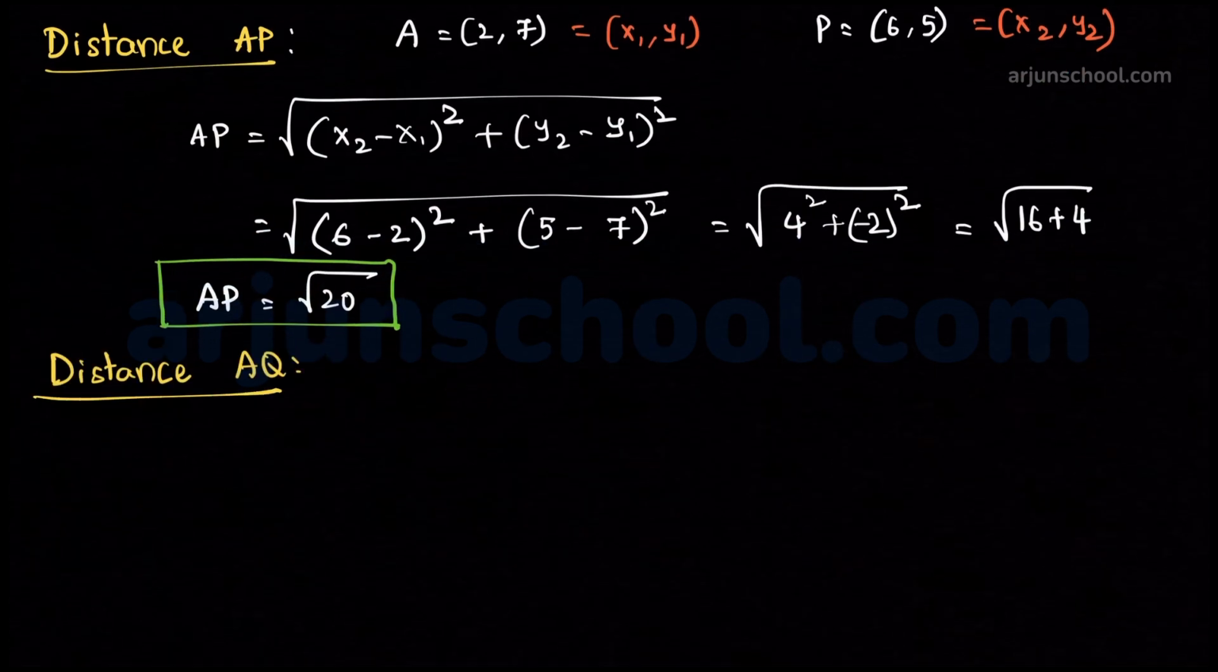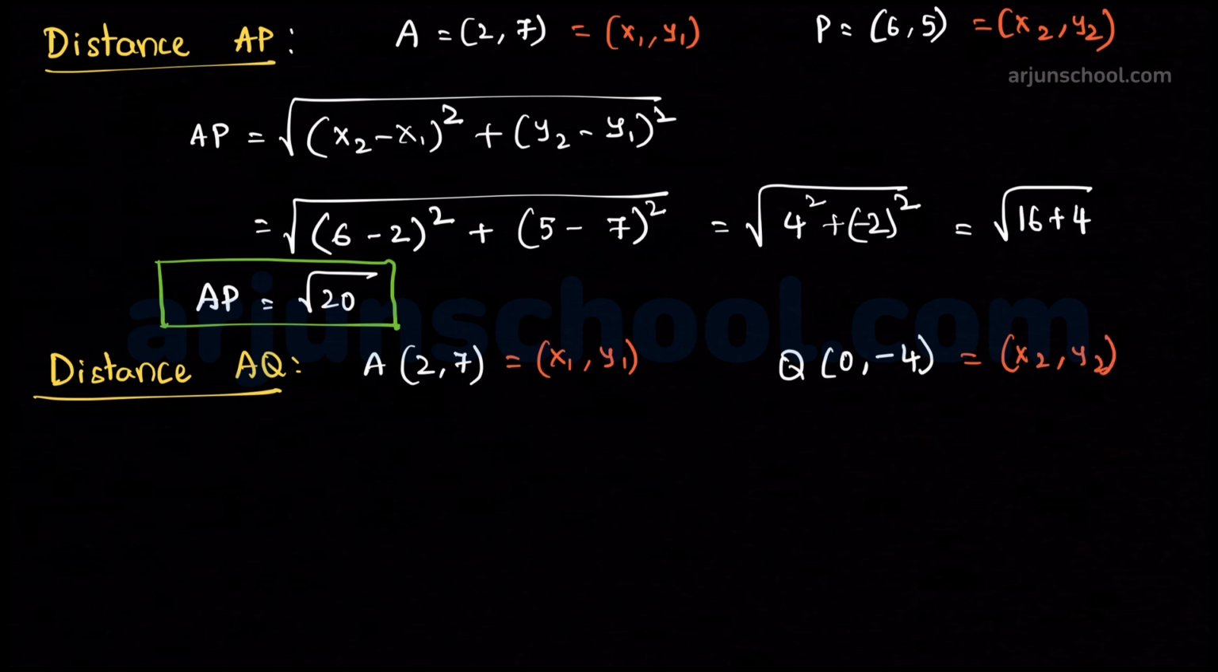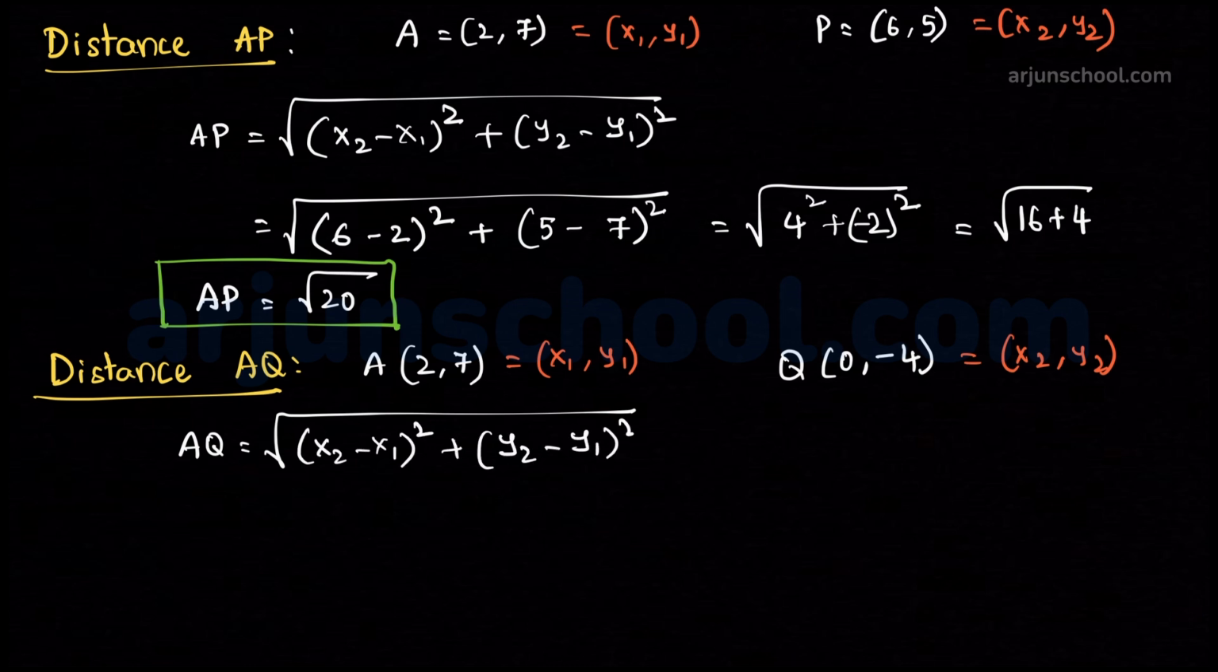Now let us find the distance AQ. Let us consider the points A (x1, y1) and Q (x2, y2). And the distance formula between these 2 points is root over (x2 minus x1) whole square plus (y2 minus y1) whole square. Substitute the points A and Q in this distance formula,